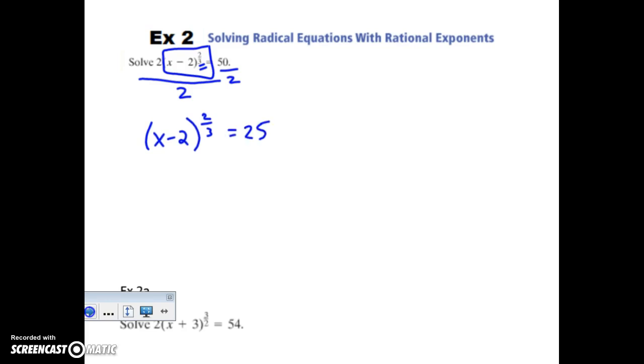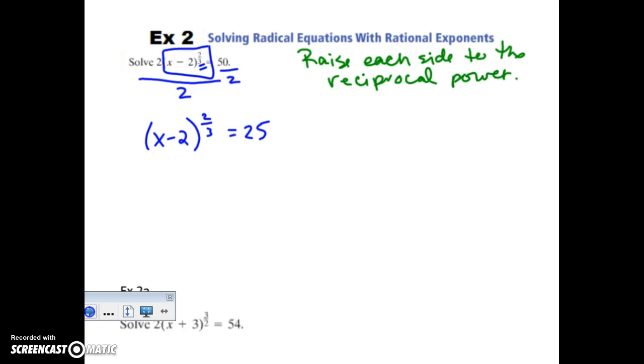Now this time, to get rid of the root or the rational exponent, we're going to take each side of the equation to the reciprocal power. So raise each side to the reciprocal power. And so the reciprocal of 2/3 is 3/2, and the same over here with 25. I'm going to take it to 3/2 as well. When we do that,